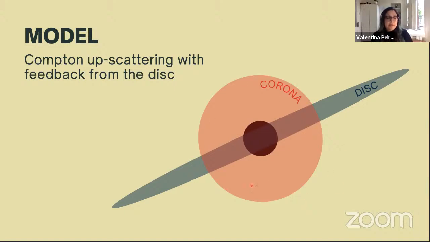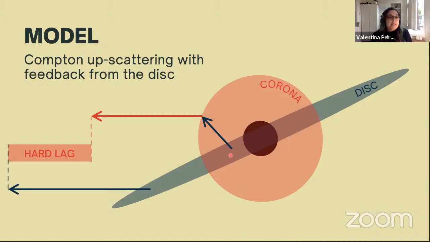The Comptonizing medium that will interact with the light coming from the disk. And what we can observe from a model like this could look in different ways. First, we could have a direct emission coming from the disk. That is a soft photons emission. We can also have the disk reflecting off the corona and emitting again in higher energies. And we will observe a hard lag because this is arriving later to our detector, as the previous talk